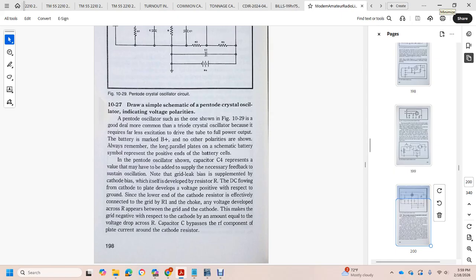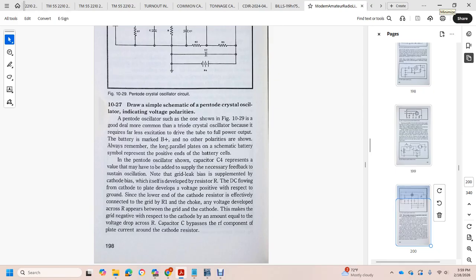True, with the full power output, the battery is marked B positive, with no other polarities shown. Remember the long parallel plate schematic battery symbol is representative of the power supply. In the pentode oscillator shown, capacitor C4 provides the necessary feedback for oscillation, and note the grid leak bias, with the supplemental cathode bias developed